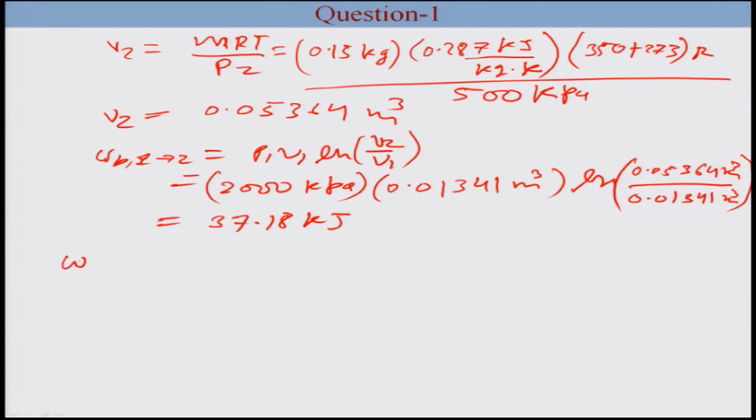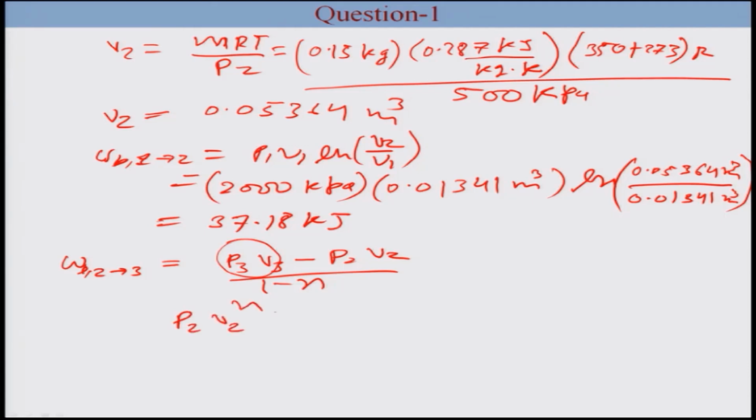Now we have to calculate work in polytropic compression. So in this polytropic compression, work from the state 2 to the state 3 is equal to P3 V3 minus P2 V2, divided by 1 minus n. Since we don't know information about state 3, we need to find this P3 and V3. So this can be obtained from equation of state for polytropic process. So P2 V2 to the power n equal to P3 V3 to the power n. So we know P2 is 500 kilopascal,